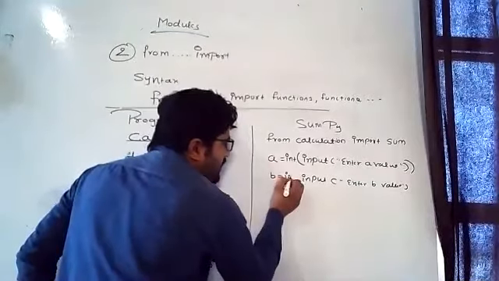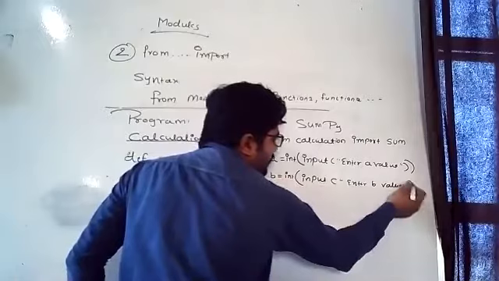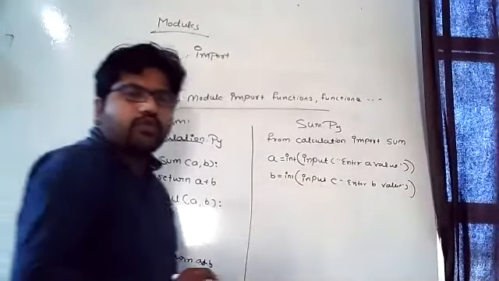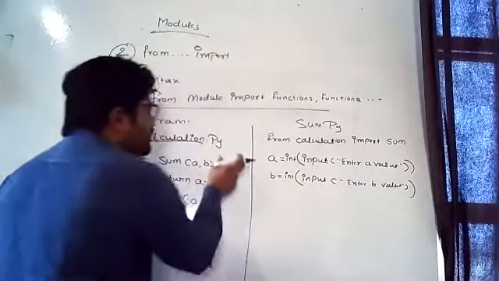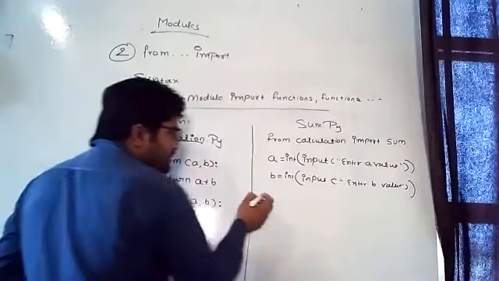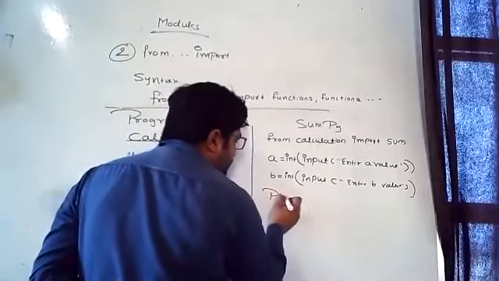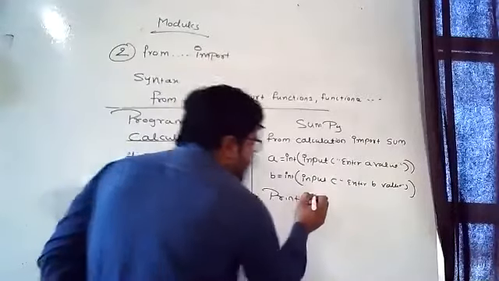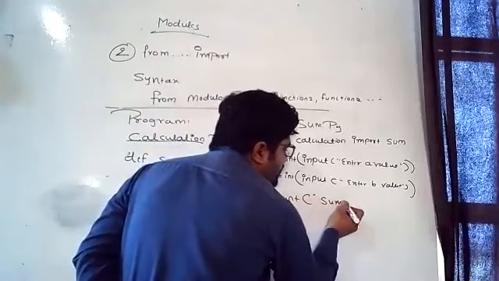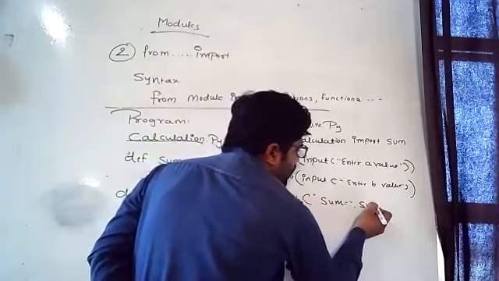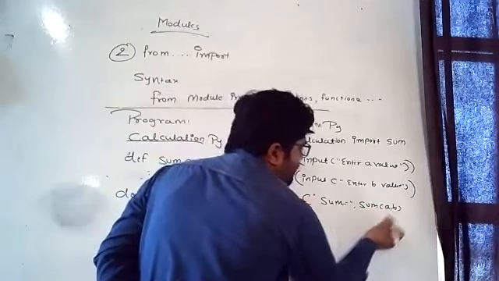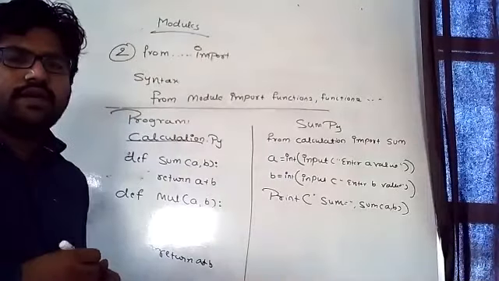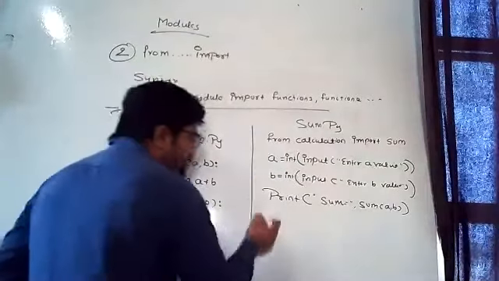Next it will be given to the A. Same thing with B. Int of. Is it clear? Now what I am going to do is just call this function by passing this. Print the summation is equal to sum of A comma B. Sum of A comma B. The output will be like this.